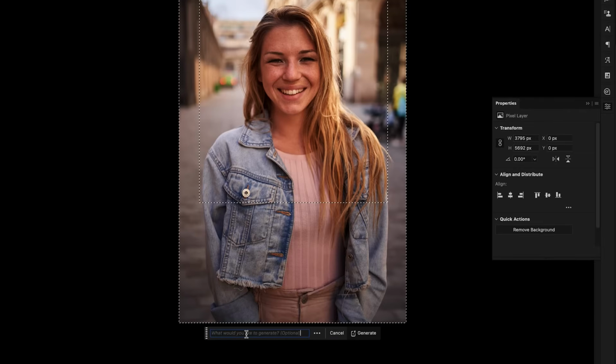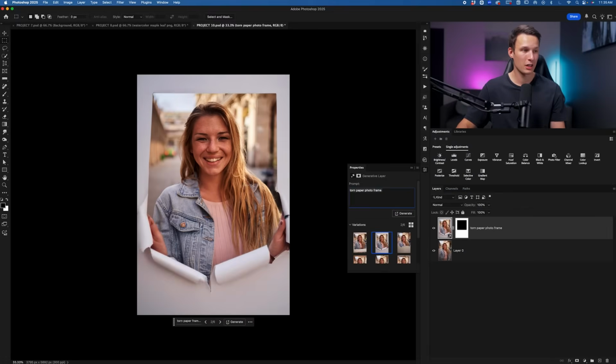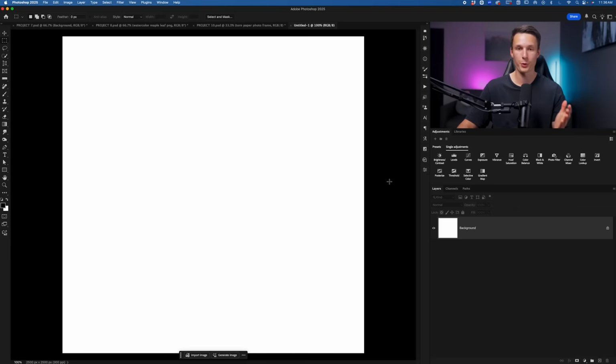And then we can go and describe the frame that we want to use. I'll type in something like torn paper photo frame and click on Generate. And with a few variations, we can settle on something that looks pretty interesting and would be really hard to create without these tools. We can also generate brand new photos from scratch with some additional tools that aren't available